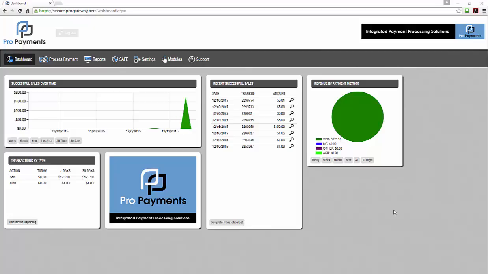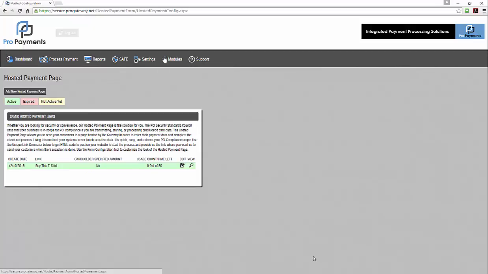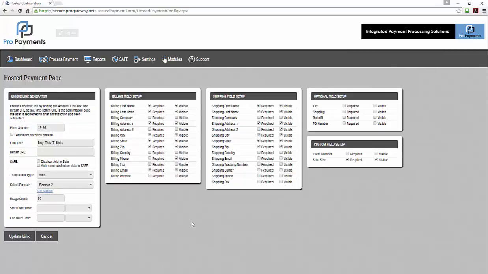To get started, we'll simply go to the Modules section of the main navigation and click Hosted Payment Page. First, you'll see a list of the existing HPPs that will allow you to edit any one of them or click the button to add a new one. For this case, we'll edit an existing page. It's the exact same form you would see if you were creating a new one, but obviously we have some